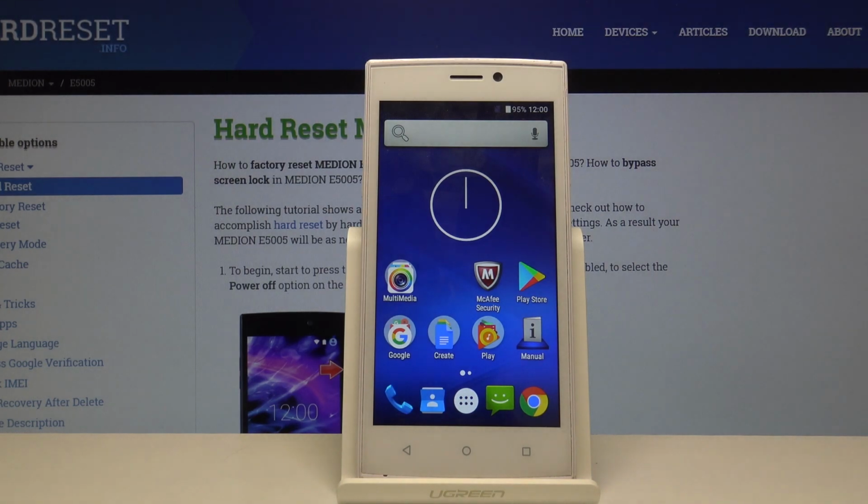Now that is how you would enable or disable it, and if you found this video helpful, don't forget to